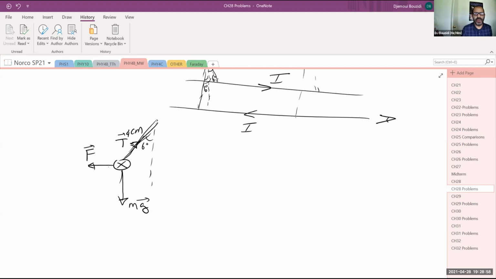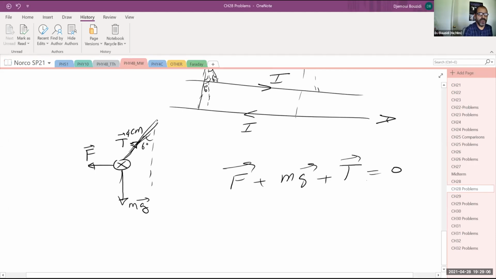So we want to say that the sum of the forces, namely F plus mg plus T, must be equal to 0 if this string is supposed to stay in its place and not go anywhere. So what I'm going to do to this expression, I'm going to project it in the x-axis, I'm going to project it in the y-axis, and make sure that the components in here cancel mutually in both directions. So in the x-axis,